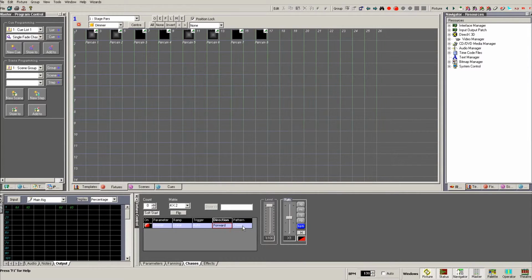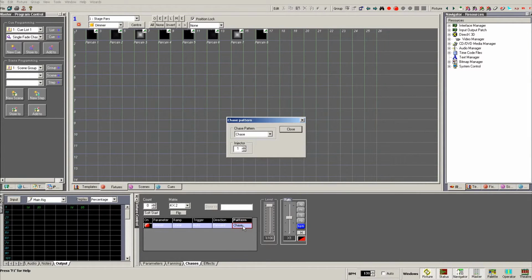Finally, we have the pattern type. This lets us choose the kind of chase that we want to apply. We have the options of chase, which is a standard step chase, cascade, which is a build-up breakdown pattern, unison, all flashing simultaneously, alternate, chasing between odd and even, dark chase, or inverted chase, which means that all the outputs are normally on and the chase step switches them off,